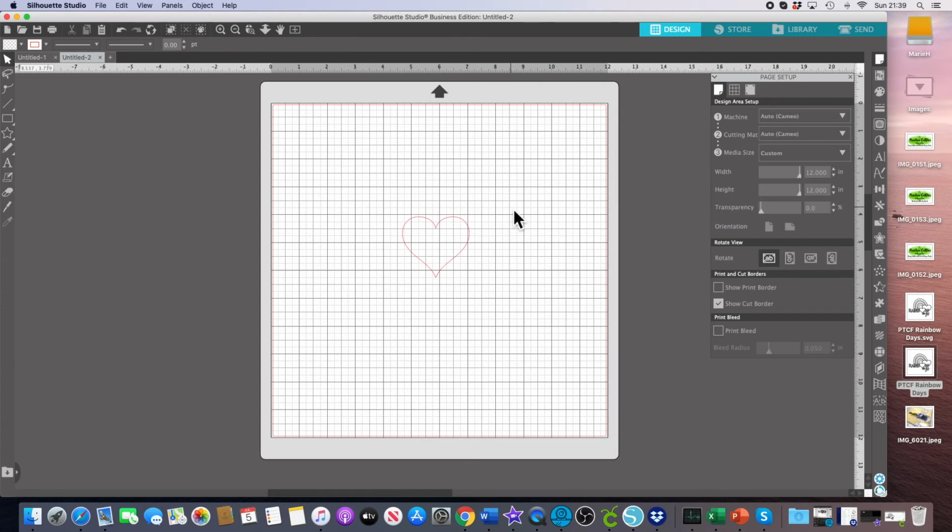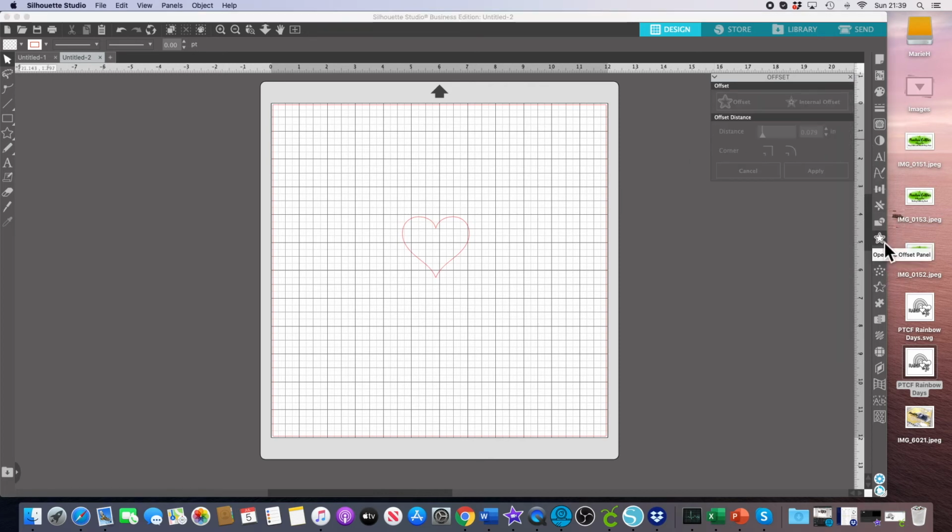and in order to make that a little bit bigger so that there is an overlap so that you can stick it onto the back of the cut file, you need to go down this side here to where this star is, and this is the offset panel. This will allow you to do this. So you click on the heart and then you would click on offset